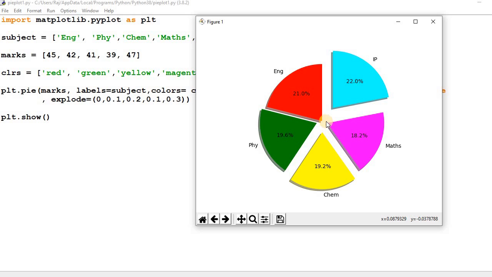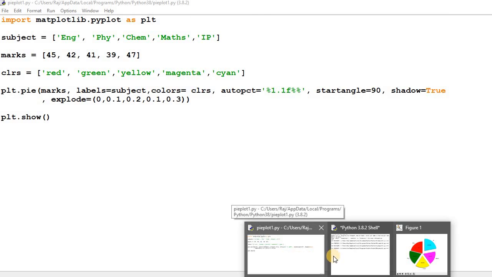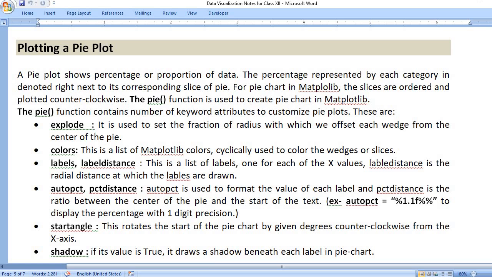And 0.1 from the center, and 0.3, look here. If you want to display your pie chart in this way, we can use the explode property, the explode argument of the pie chart. In this way we can create a pie chart.